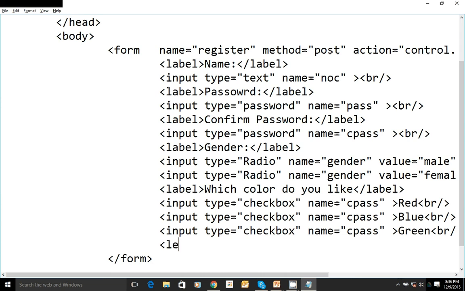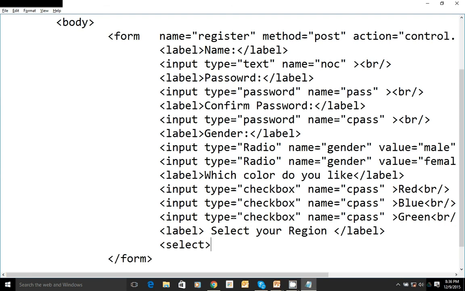Now let me go ahead with country selection. Select label, say select your region. So now within this select open close tag we are going to write the options.